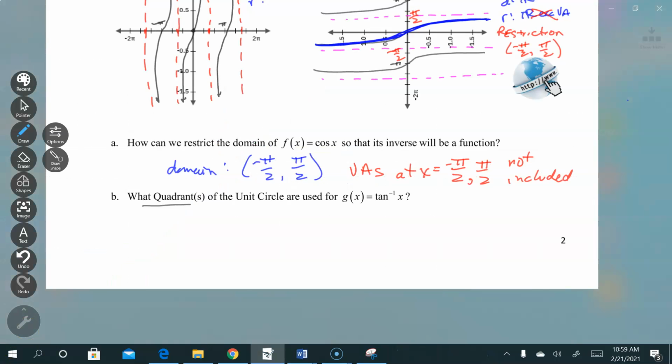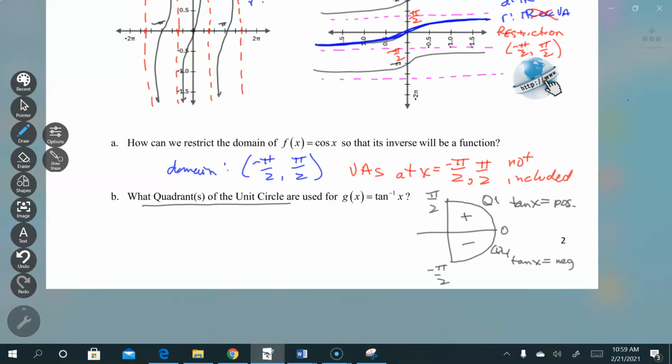So again, the question is, what quadrant should I use for inverse tangent? Well, I'm going to draw my little unit circle, and I'm going to pick these two. This is pi over 2, this is negative pi over 2, this is 0, and these are positive, and these are negatives. So when I'm in quadrant 1, my tangent is equal to positive values. When I'm in quadrant 4, my tangent values are negative. And some people say, well, why don't we use quadrant 2? Tangent is also negative there. Well, the problem is that quadrant 1 to quadrant 2 is not continuous. You have an asymptote in the middle at pi over 2. So it makes more sense to use quadrant 4